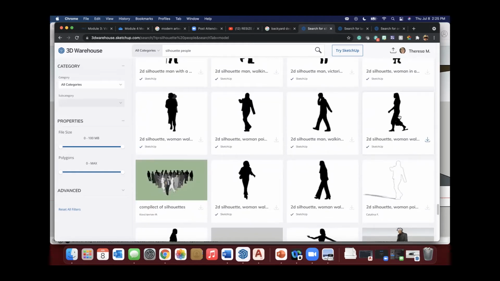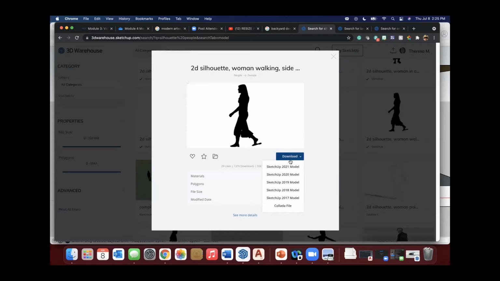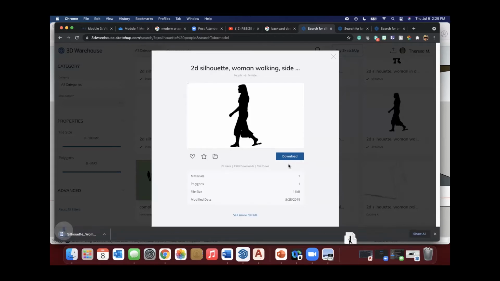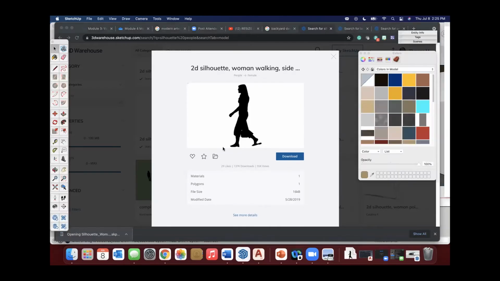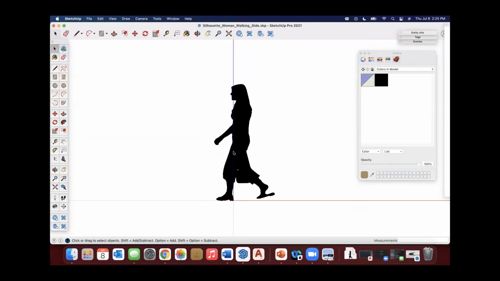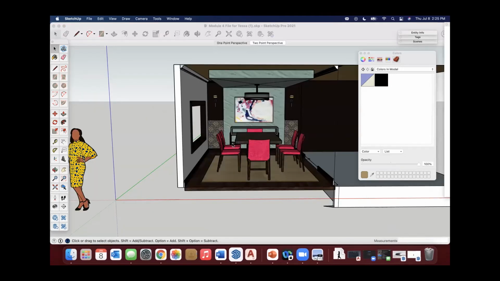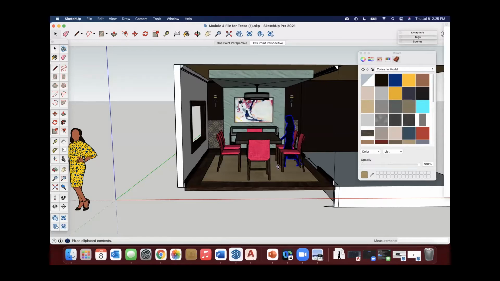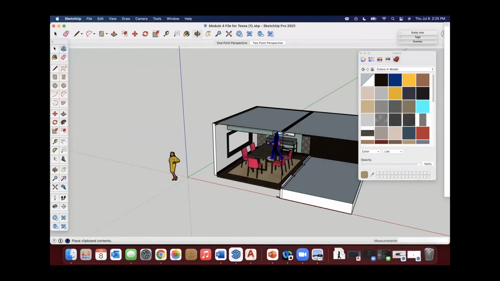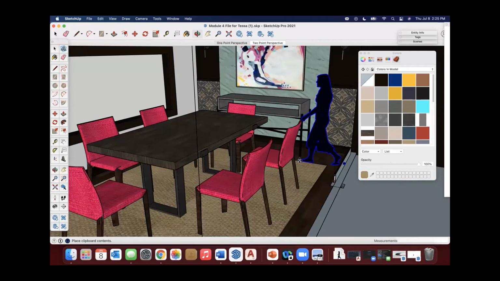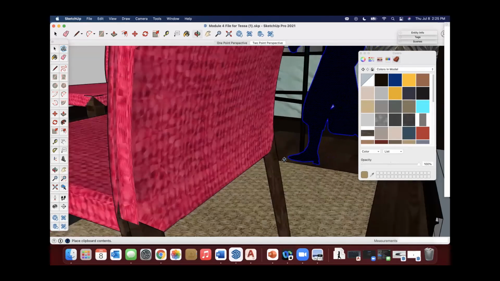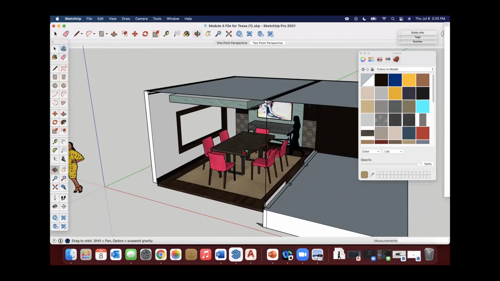Okay, let's add her because she looks like she's walking. And we're going to have her open up, and we're just going to select it. I like to Command C or Control C and copy it, and then Command V or Control V and paste her. So the biggest thing is, depending on what I am trying to illustrate, I will figure out where her placement seems to best work. So let's put her here and see how that kind of works.